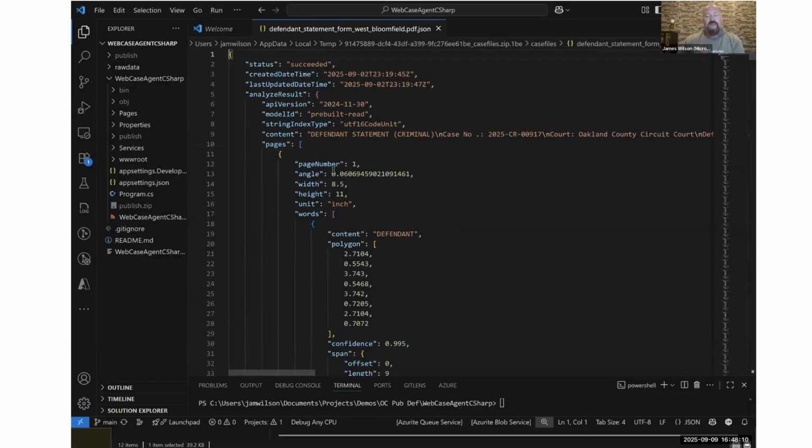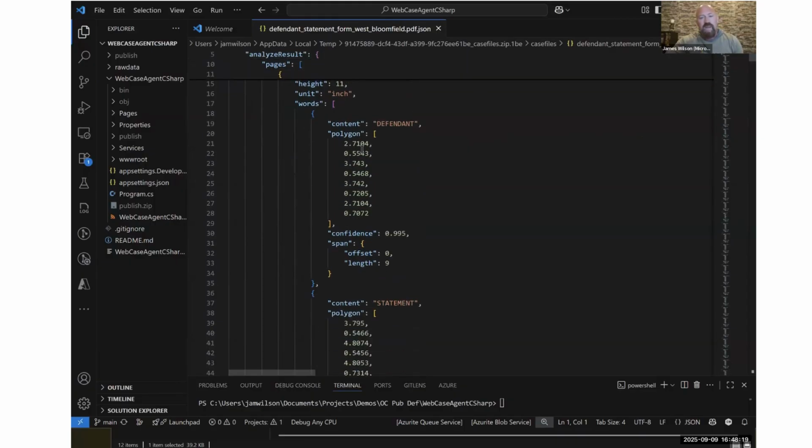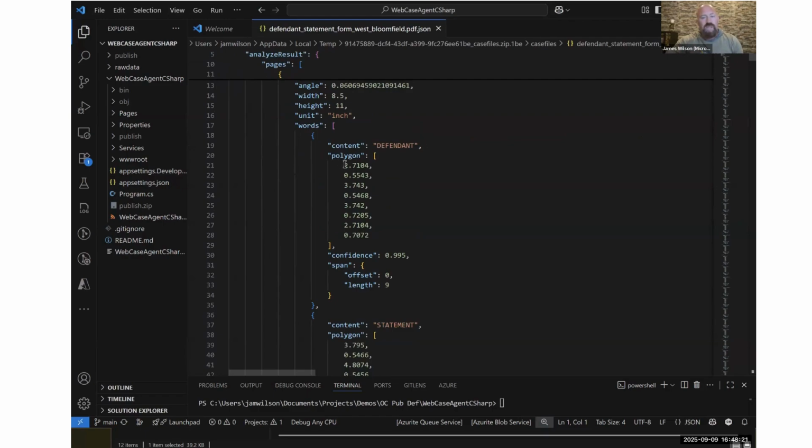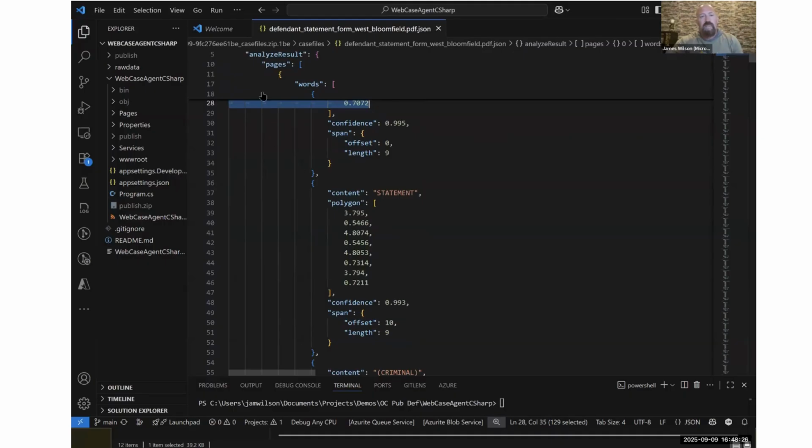But what a Foundry can do in the background is take something like a PDF and put it into a structured format. So it's describing to itself essentially what's on the page, the specific location of the polygons, that kind of stuff, and then